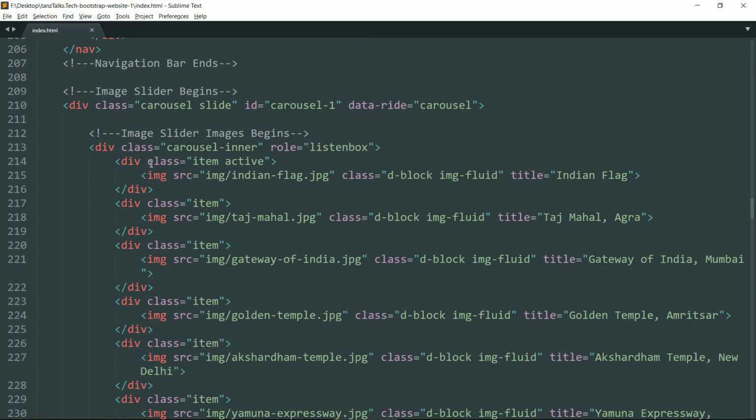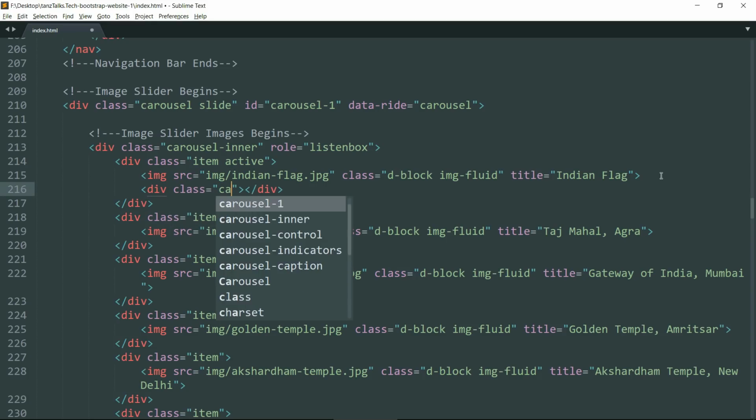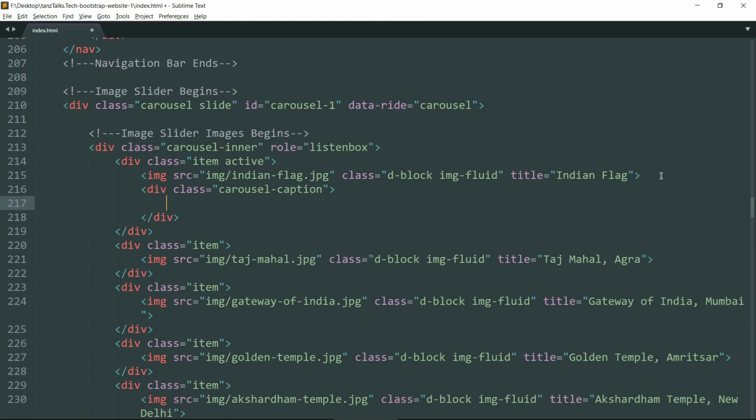Okay, I think after defining the first image, that is the active image, just drop down below and declare another div tag with class carousel-caption. Then drop down and create an h2 tag and write Get to know us.